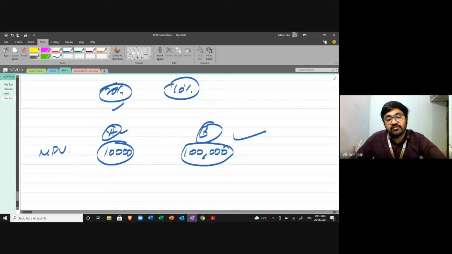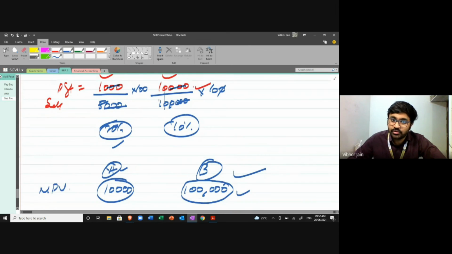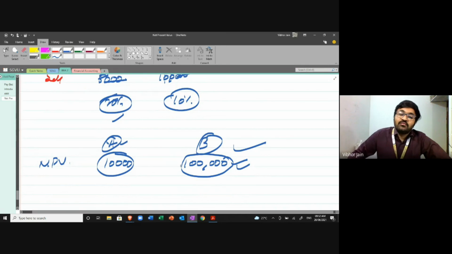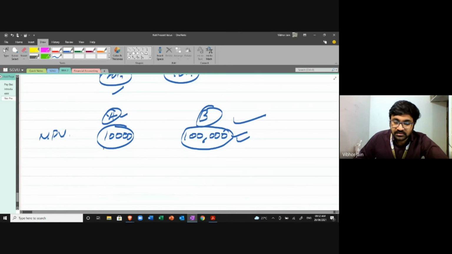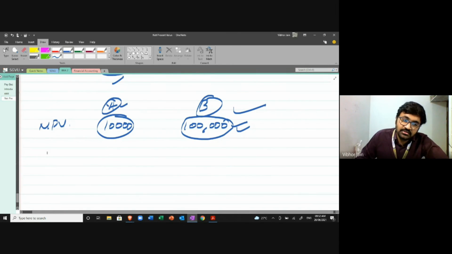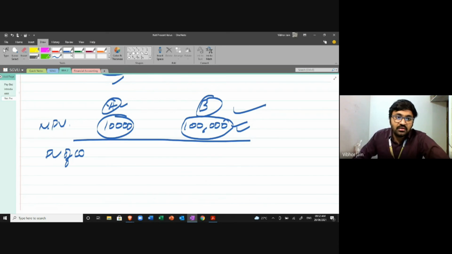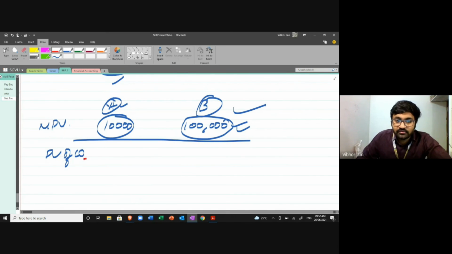But you don't know what is the amount of investment that is required to make this earning. In the same way, I'm carrying on the same example. But you don't know what is the amount of investment that is required to earn 1 lakh rupees. What if I tell you that the present value of cash outflow of project A, I'm taking just a hypothetical example, is let's say 10,000, and for this project it is 10 lakhs.